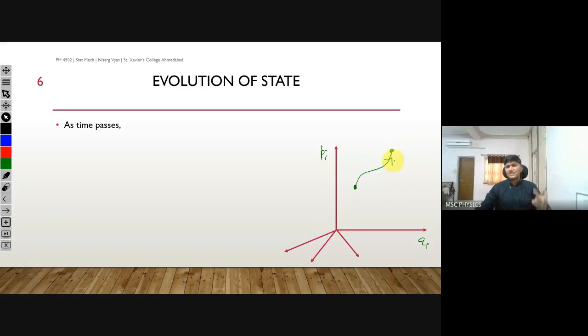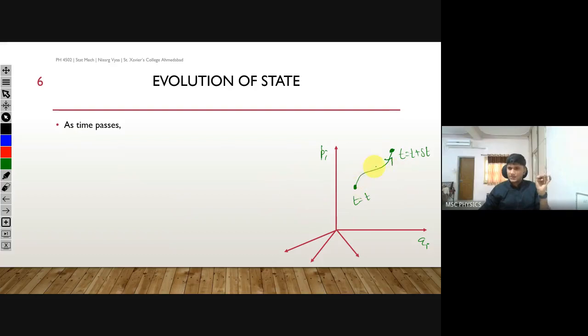Let's say that at time t equal to t, the representation of the state was at this point, and at time t equal to t plus delta t, the representation of the state was at this point. So the state moved in the phase space. This is called the trajectory in the phase space. A real system was there, all the molecules in it were moving, and as time passed, they moved through this trajectory.